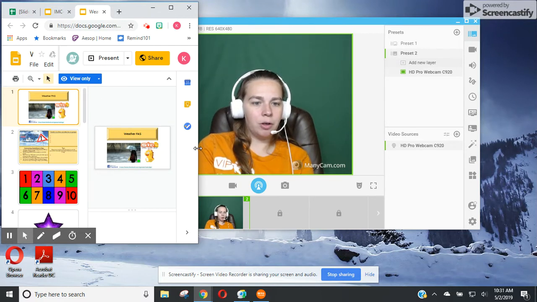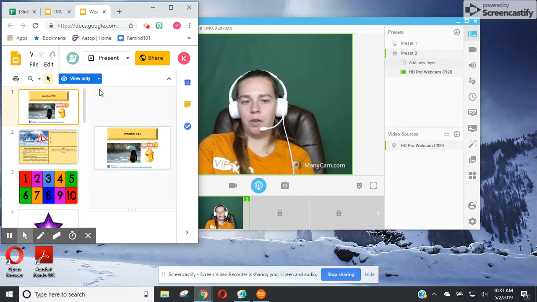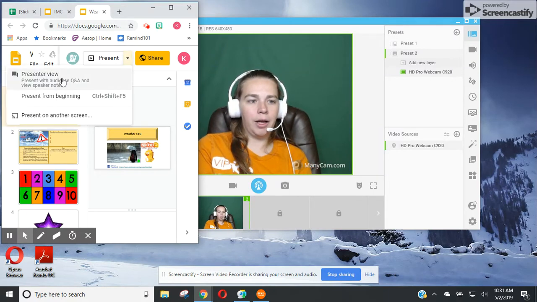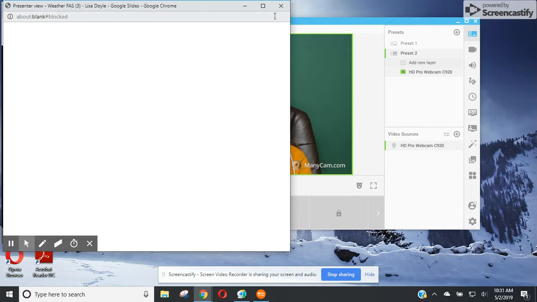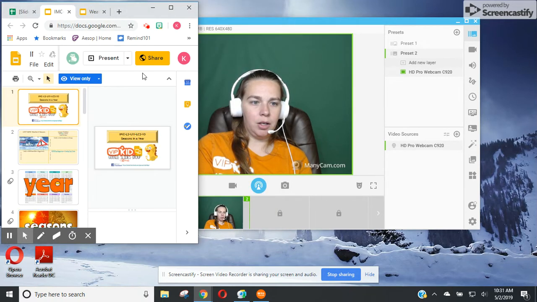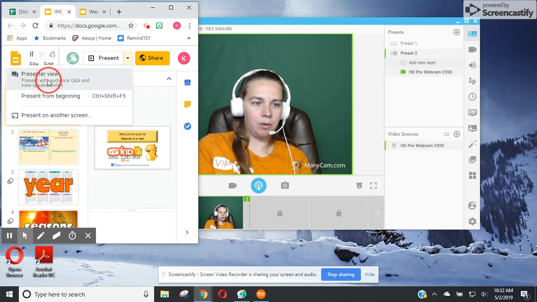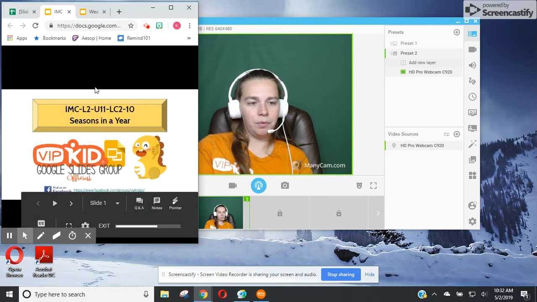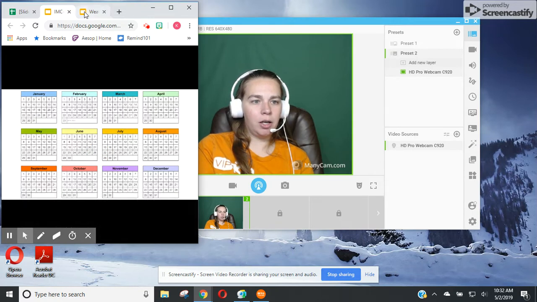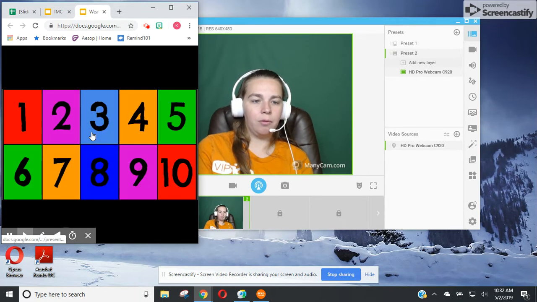I also am going to put it in presenter view. The way you do that is there's a down arrow right here. I will click on that and hit presenter view, and then exit out of the screen that comes up. Then here, I'm also going to hit presenter view and exit. So now I have my prop slides ready to go right here,